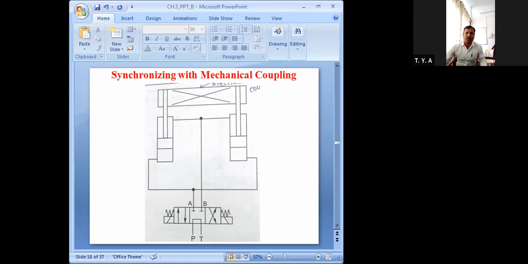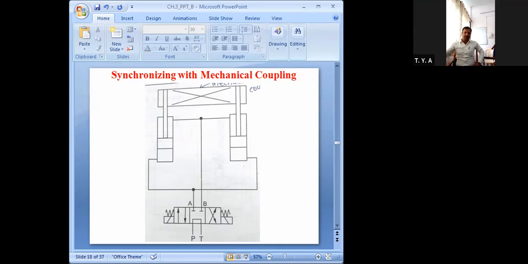Okay, and extension means what are the here? For example, some mechanical coupling or the other, some work to be done. No, that is that part here connected. Okay, for lifting it is there simultaneously. Okay, so that is possible using this synchronizing. Getting it? And when this direction control takes its third position,